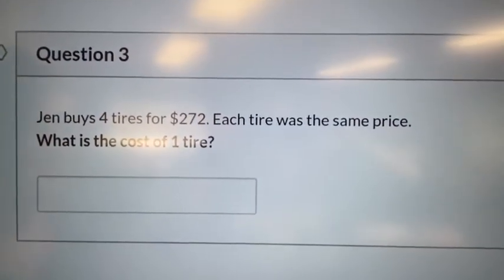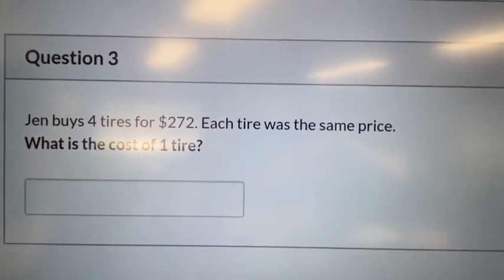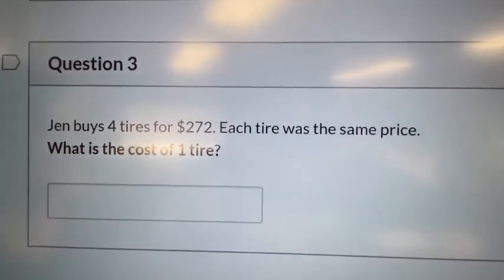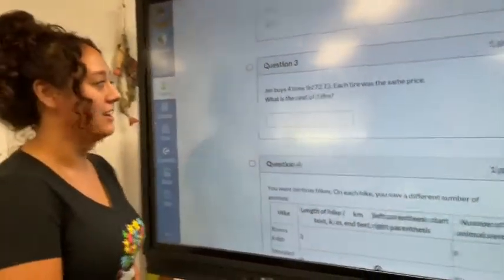Jen buys 4 tires for $272. Each tire was the same price. What is the cost of 1 tire? How do I solve that? Well,